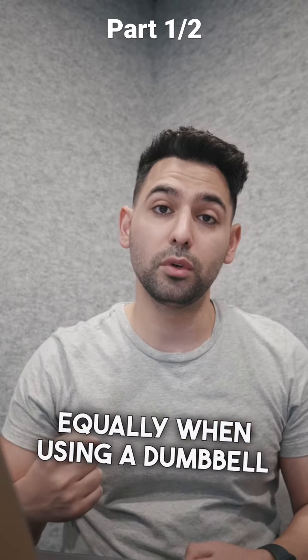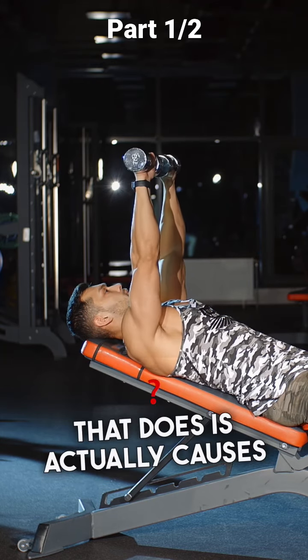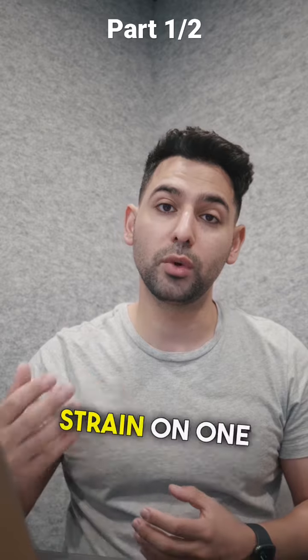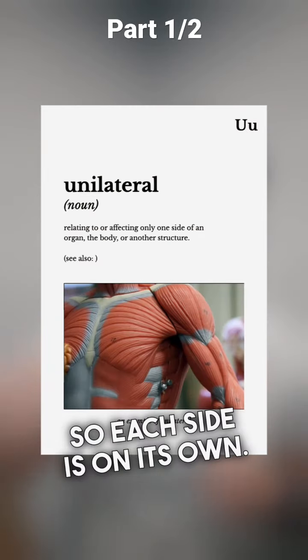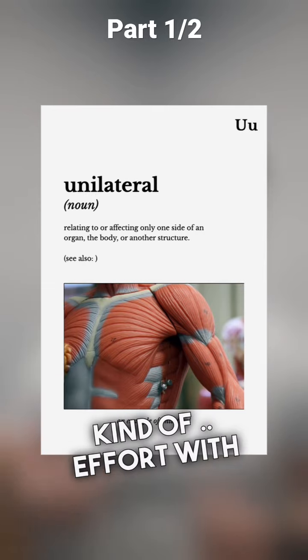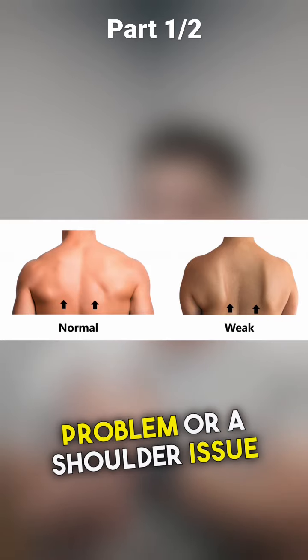When you're using a dumbbell, you're actually challenging each side on its own. What that does is cause more pressure and put more strain on one side, because you're using them unilaterally, so each side is on its own and is trying to do the same kind of effort with the same amount of weight. And if you have a shoulder blade problem or a shoulder issue itself, you might end up